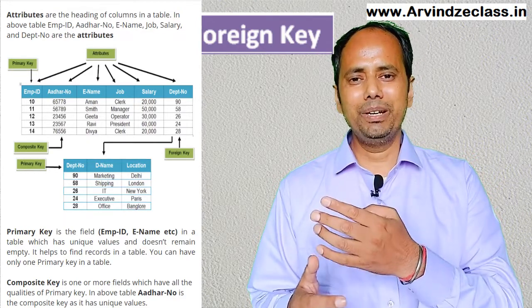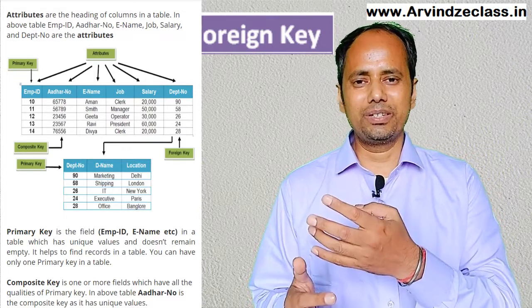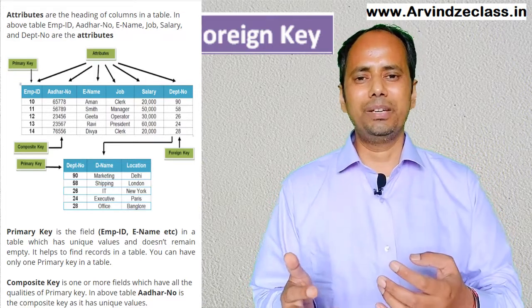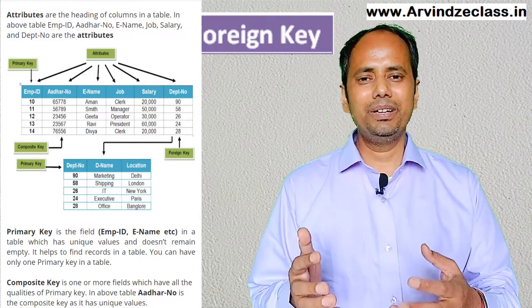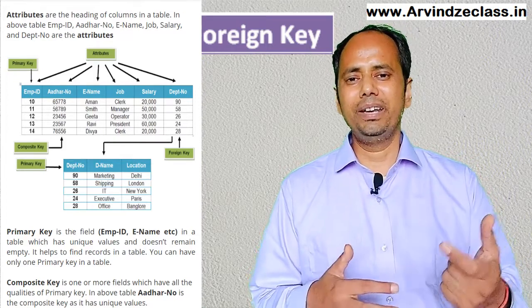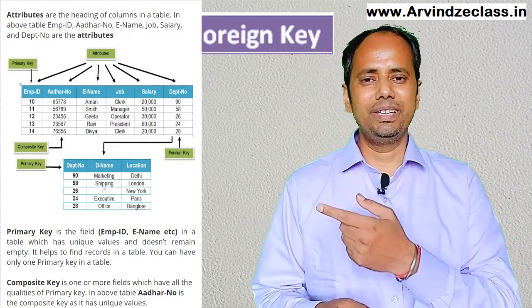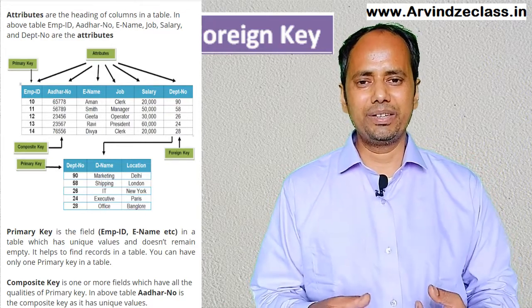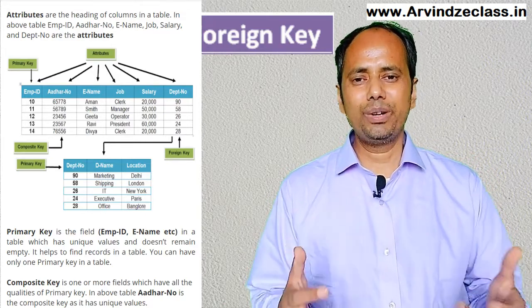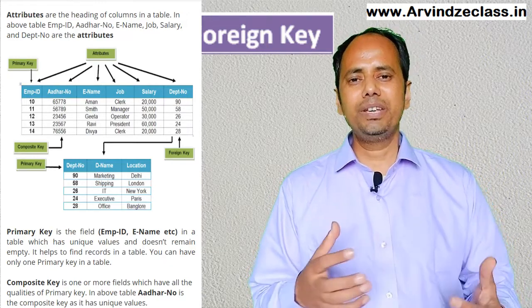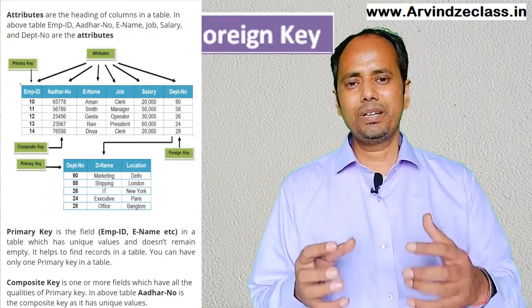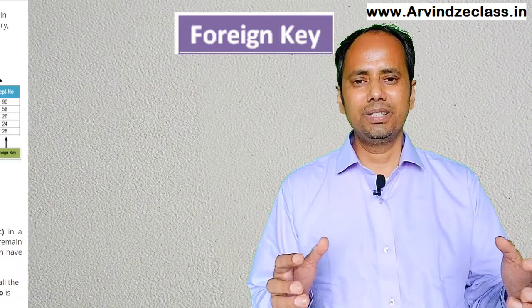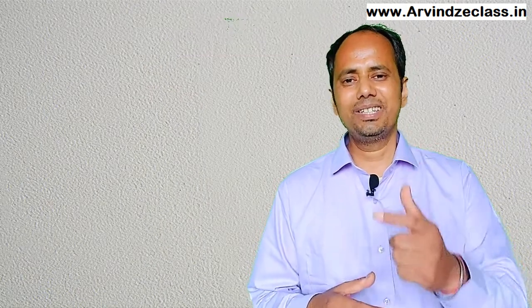And here, department number actually doesn't belong to this table. It belongs to another table, and department number is the primary key of that other table. You can see there is department number, department name and location. So what is the foreign key actually doing here? Foreign key helps to set up a relationship among the tables. So this is a foreign key.